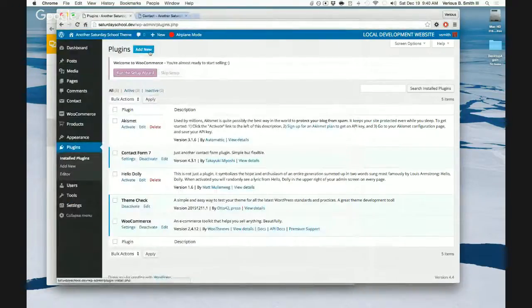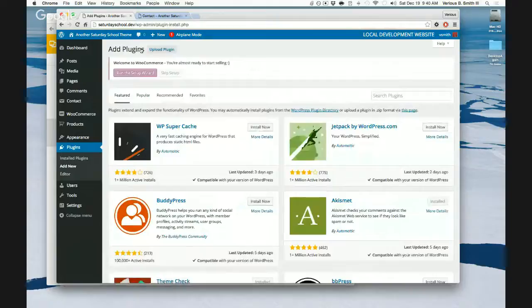So as we talk about plugins, let's say you want to add another plugin. You want to click on the Add New button, and this area gives you different ways to add new plugins to your website. You can either upload a plugin, or you can search your plugins. You can search for plugins from the actual WordPress repository. These plugins are coming from